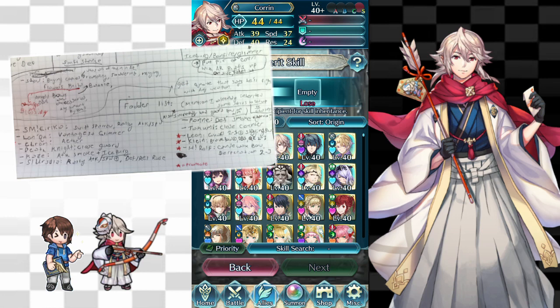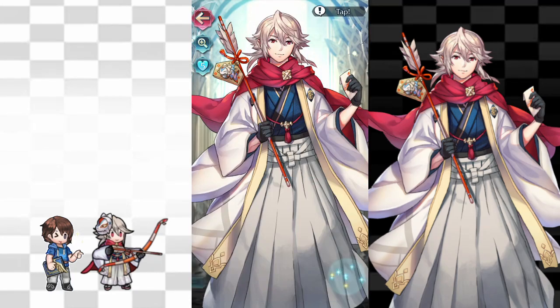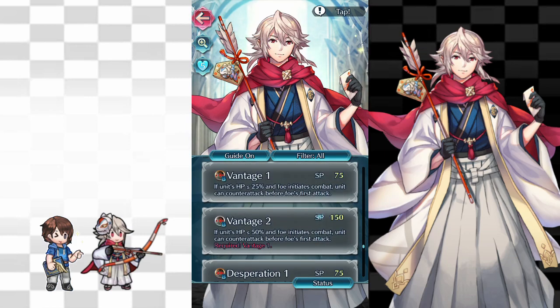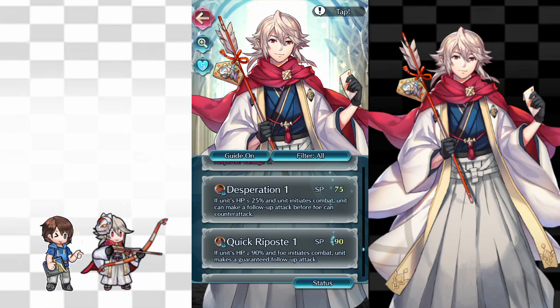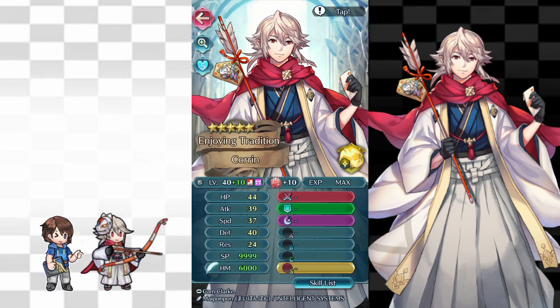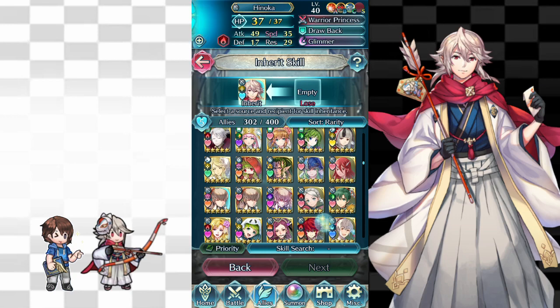And full disclosure, I actually inherited more skills before in preparation of this. I'll show you Vantage 1 and Vantage 2, Desperation 1, QR 1, 2, just to help us get more skills from these units. Just went ahead and did that in advance. So first things first,